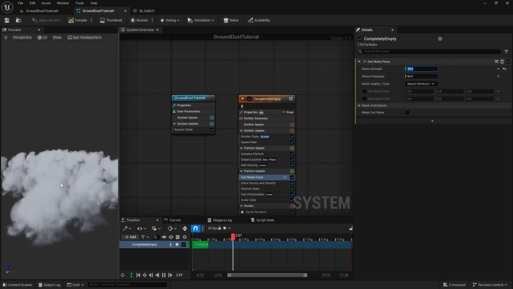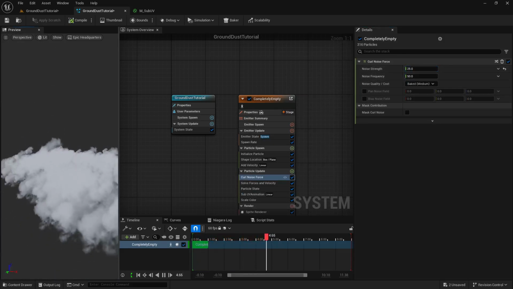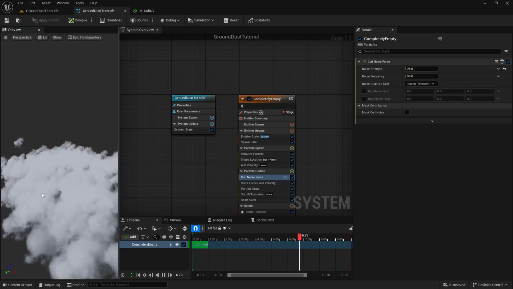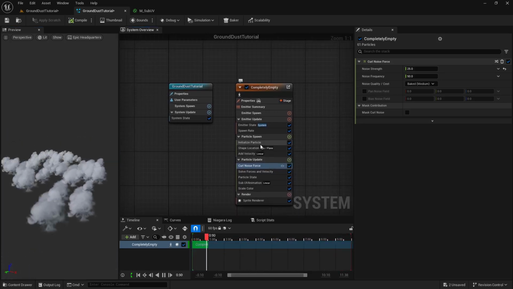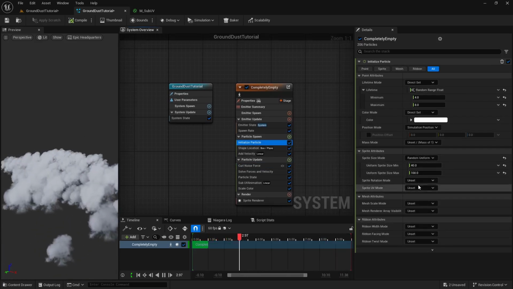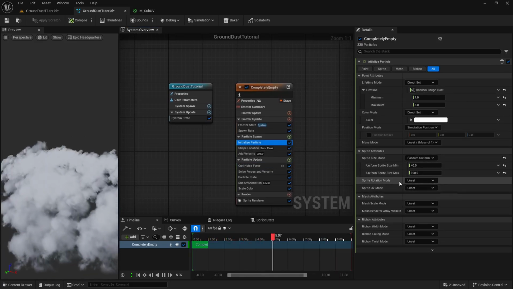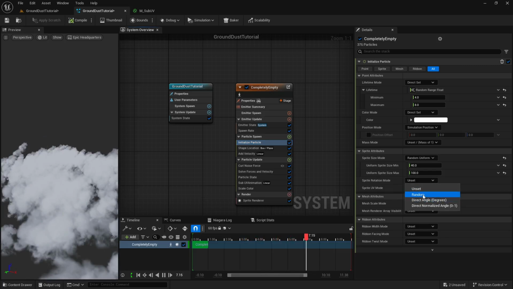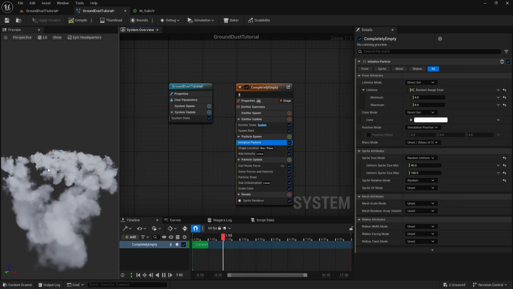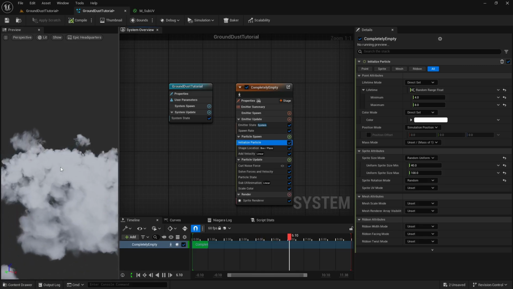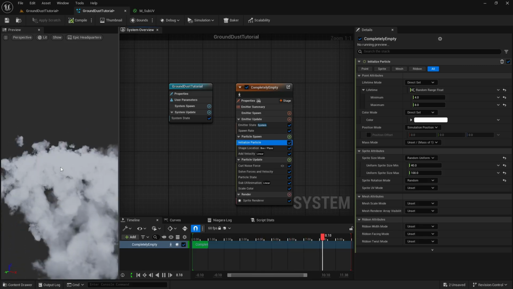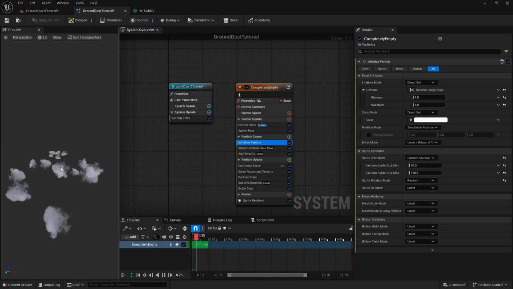Okay, and now you can see, but right now the problem is that this is looking nice, but they are not rotating in a random direction. So I can do that as well. Just go to your initialize particle and you can find this sprite rotation mode. Just set this to random, and now you can see some are rotated, some are on the other rotation side. So we are getting some really good randomization which we want here.